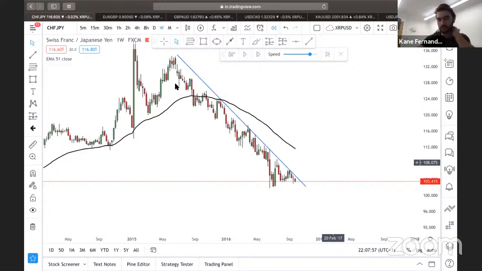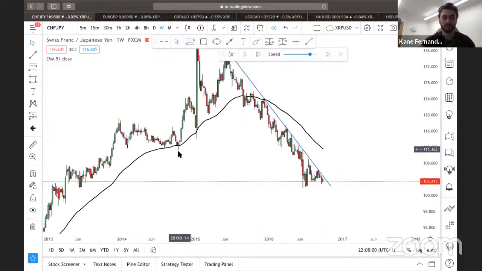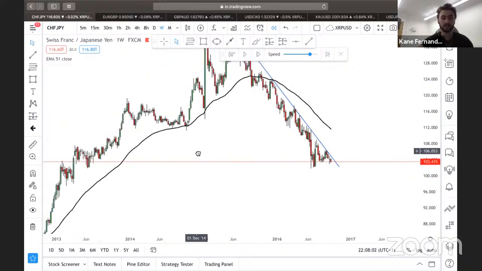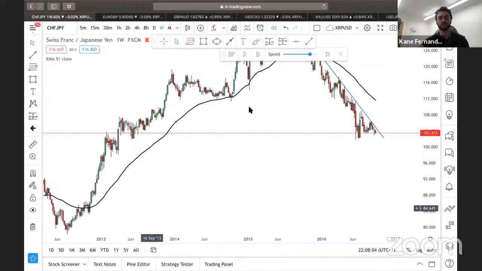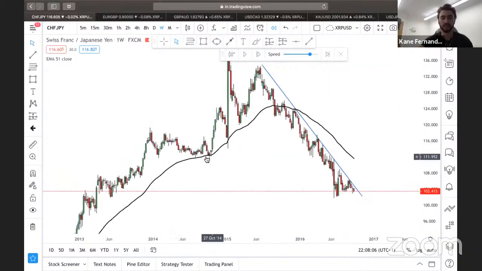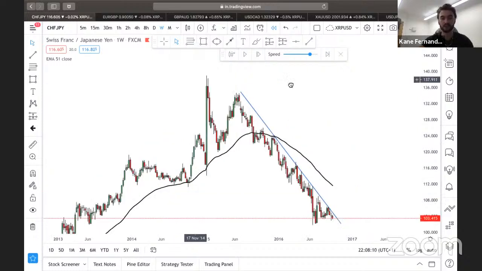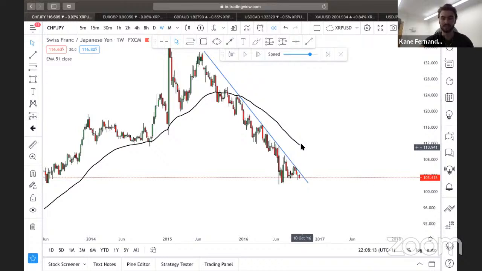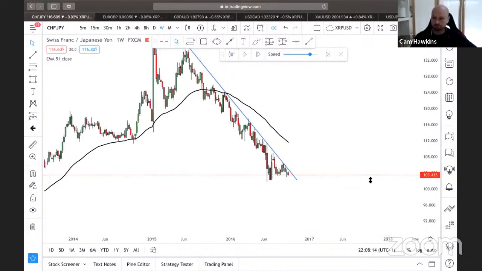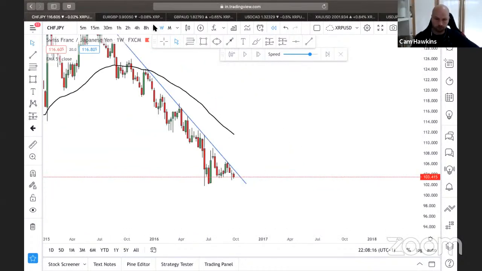And this EMA is pretty important to me. It's weekly. It was dynamic support here. Dynamic means moving, and support just means support. So you can see it bounced off it, went to the upside, bounced off, went to the upside. So if it could come up to it here, it would act as dynamic resistance. It's just how it works. So yeah, that's cool. Nothing else we really need to see there.